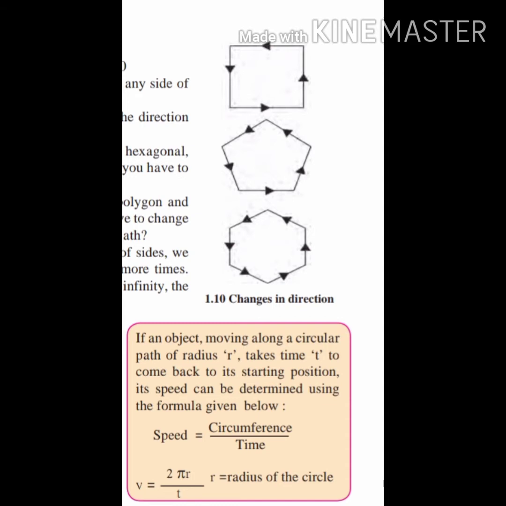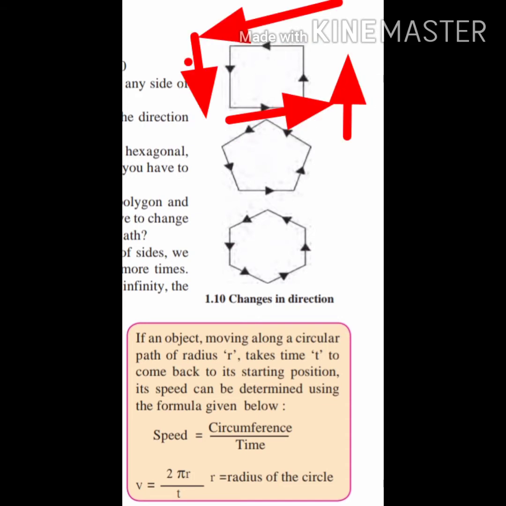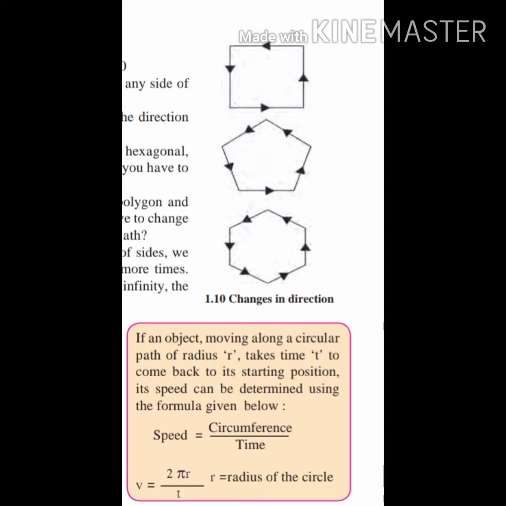Now, if you see this diagram given in your book, you will see a square, and if you move in this square, you have to change direction at each corner. How many times do you have to change direction so that you keep on moving? Four times, right? In another diagram, how many directions do you have to change? Five. Similarly, six. And if you keep on increasing the sides, the number of turns will also increase, right? And eventually